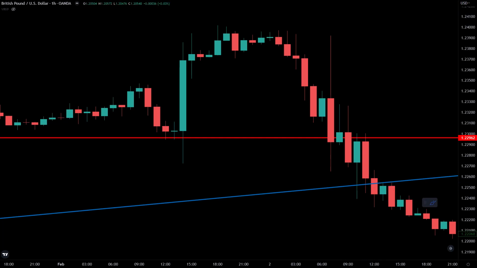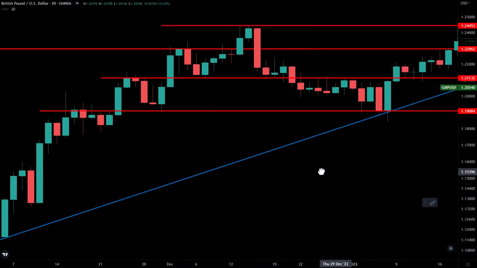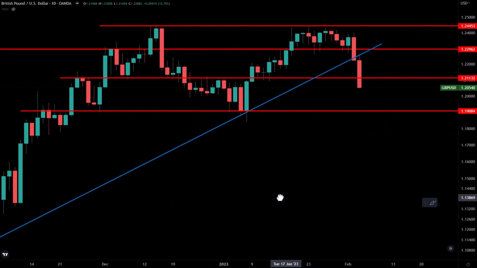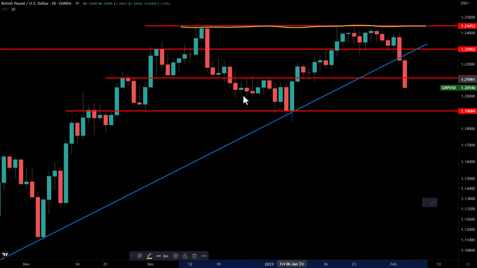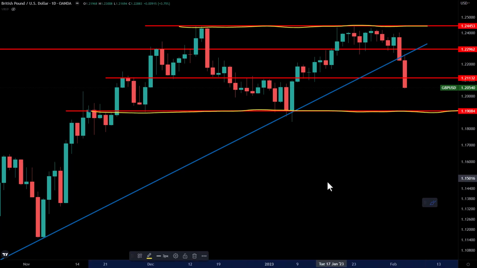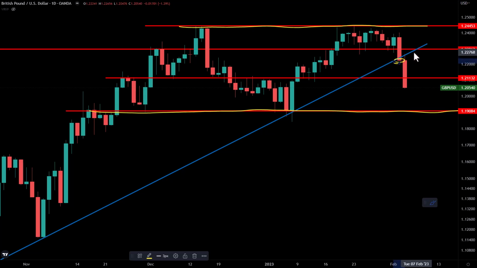So going forward, for the pound, obviously not looking great, but at the same time, you've got to understand too that all of this through here for the past couple of months has really just been a range bound market. Yes, the pound closed below this trend line right here, which is something I mentioned in last week's video. I said if it closed below 1.224, that would trigger the breakdown, which we got on Thursday. Sure enough, retest right here and sell off. Again, that could have been a nice short entry up here,